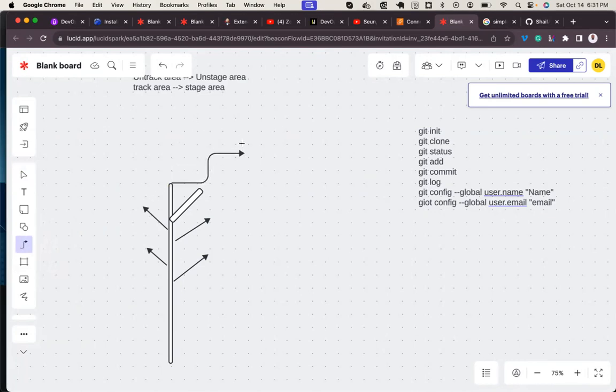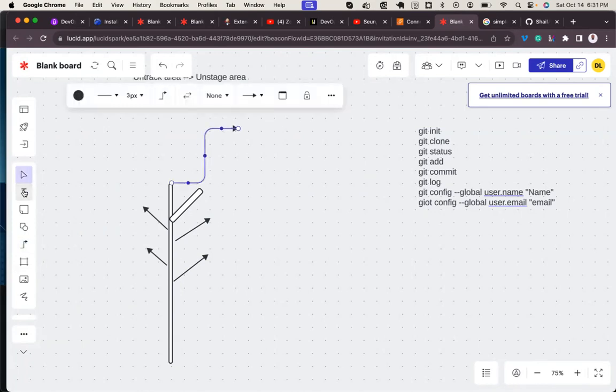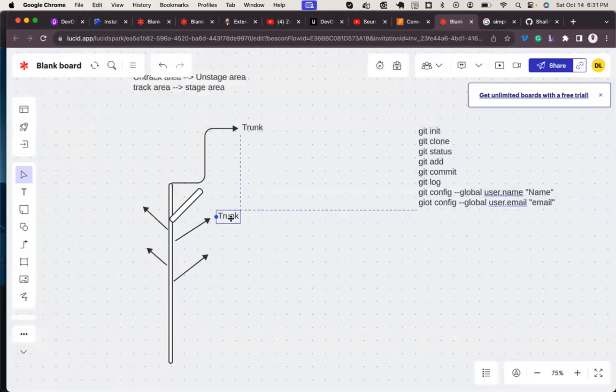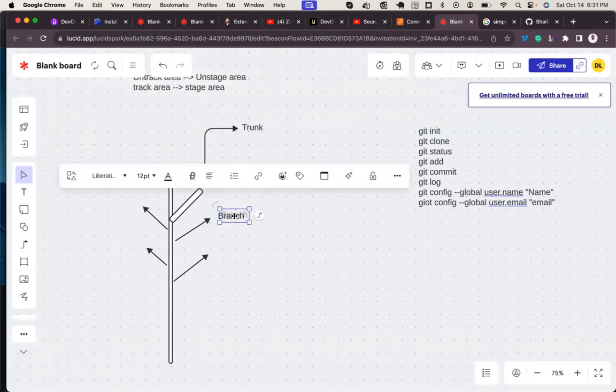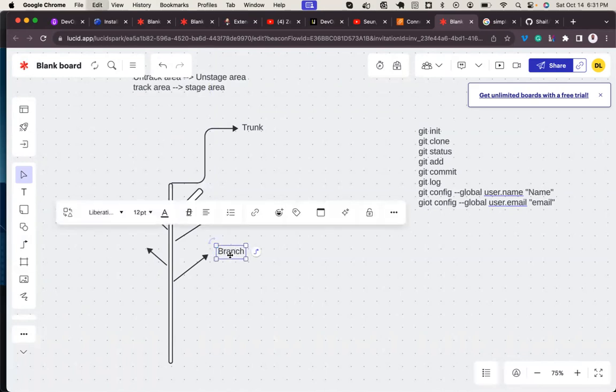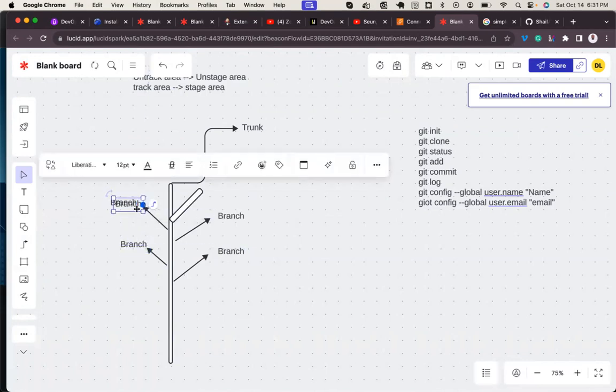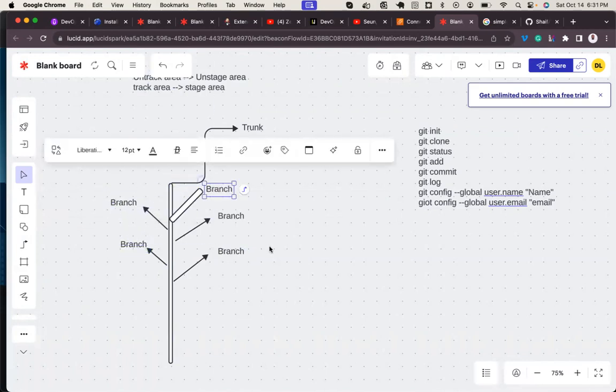Let's call this the trunk. Then these are the branches. Branch, branch, branch, branch.